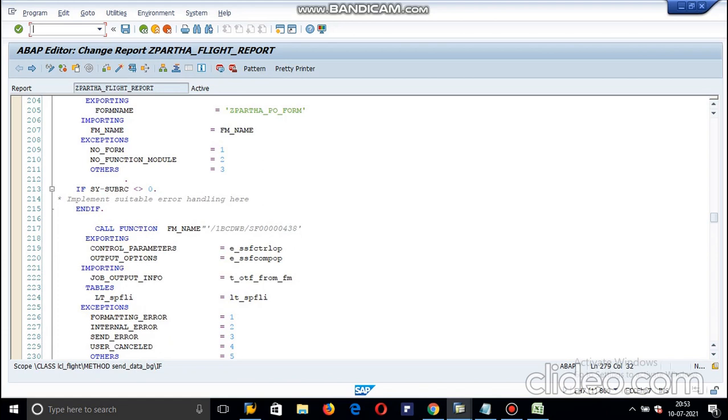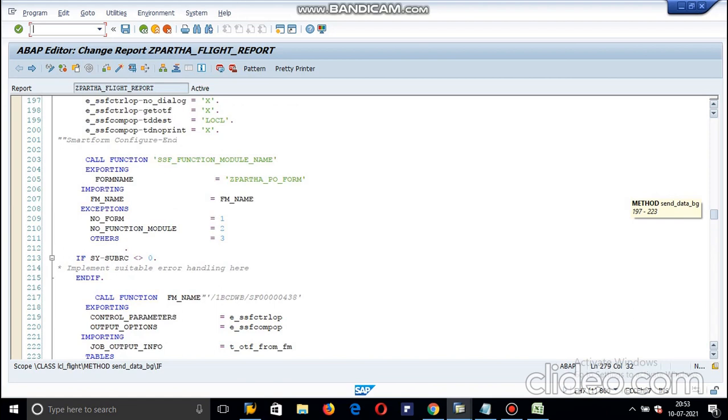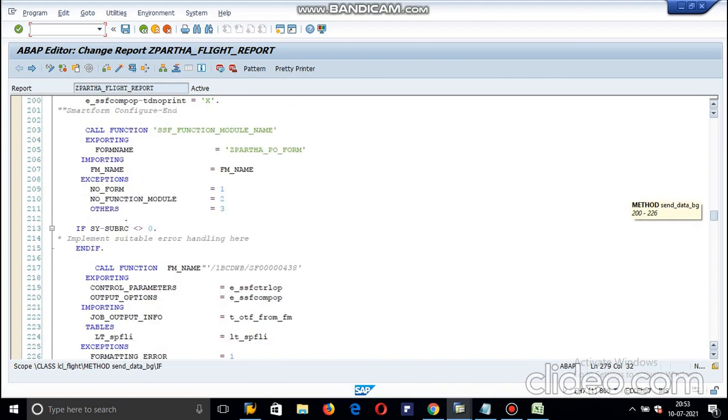From the smart form, the most important thing we have to maintain is the controlling parameter and composing parameter. Here we can set everything. Whenever we execute a smart form, a pop-up will come with the output device and the number of copies.